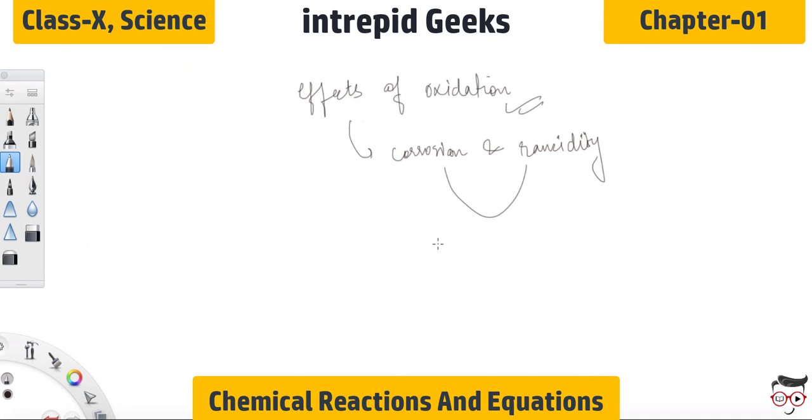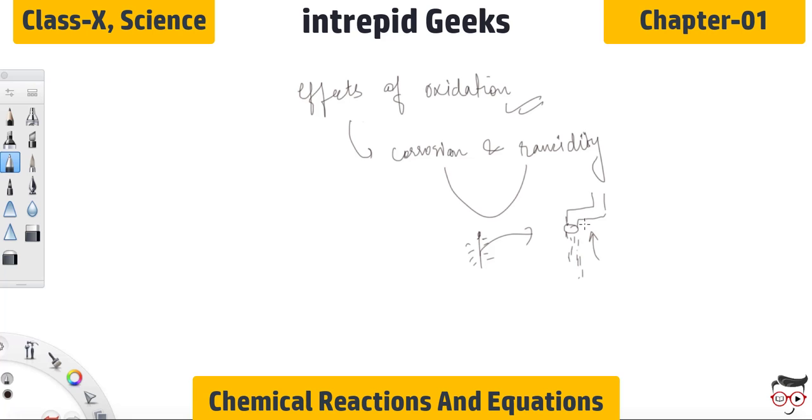So you must have observed iron articles, right? When you purchase them, the iron articles, they are very shiny in nature, such as a glass plate, iron rod, or anything related to iron. But if you leave them in the presence of oxygen, they'll get coated with a reddish brown powder when left for some time, and they don't look nice then. For example, the tap.